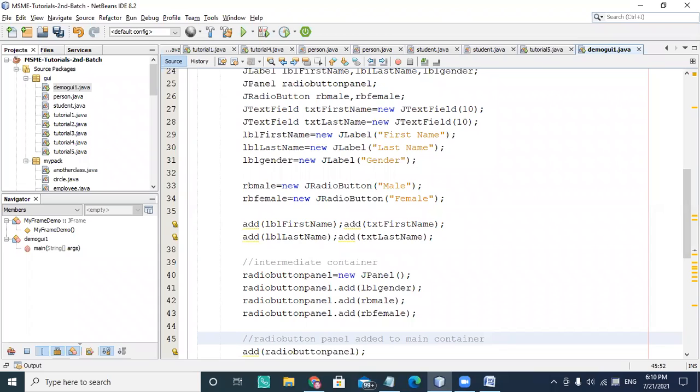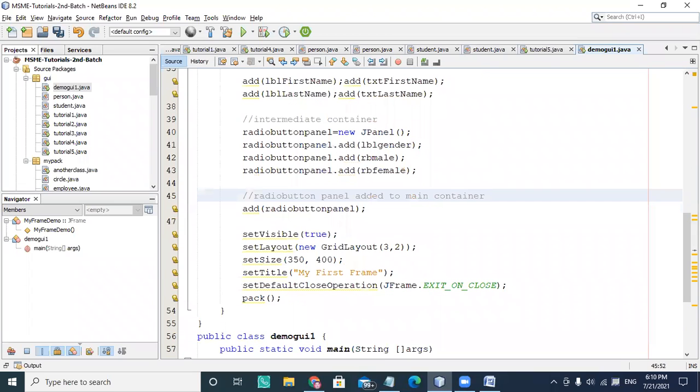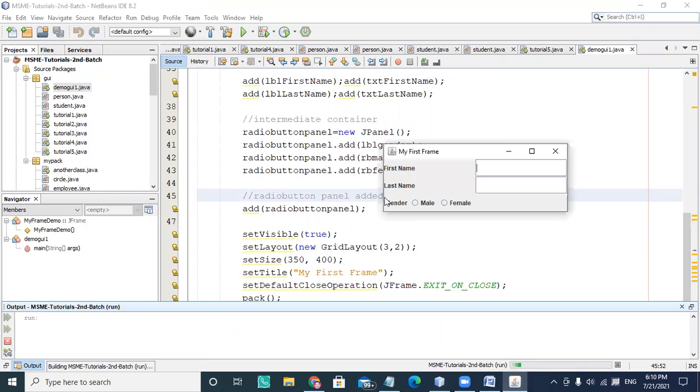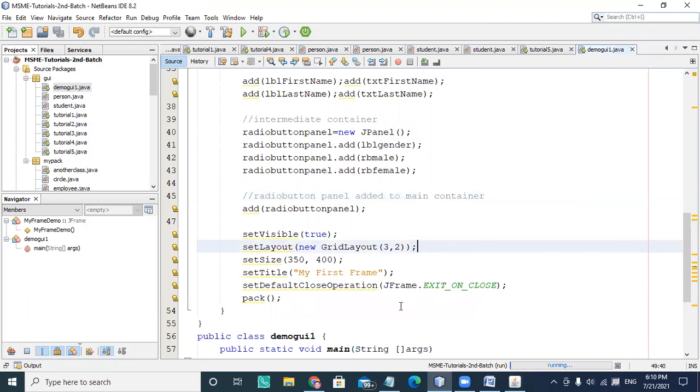Okay, and so I'm adding this into the main container. So now look at this part again. Again, it's going to show some output here. So look, now it won't disturb the first name and last name arrangement. And now gender male female are actually a simple radio button panel, and you can set those radio button panel